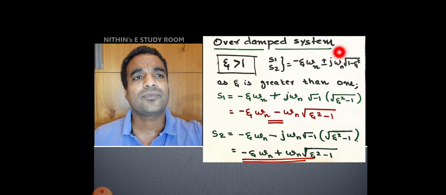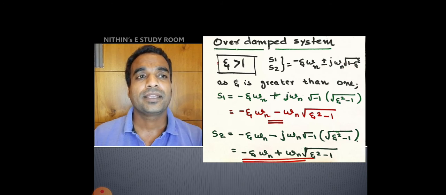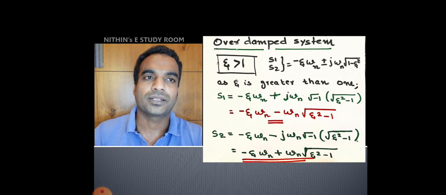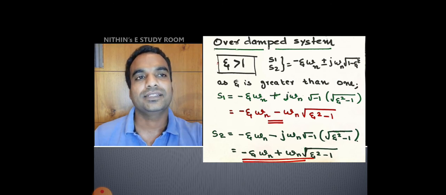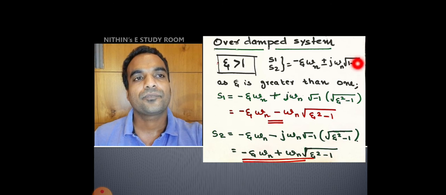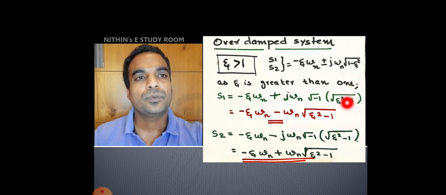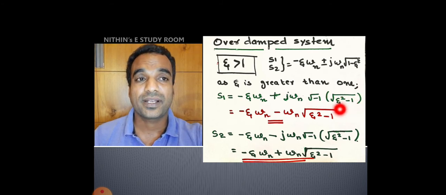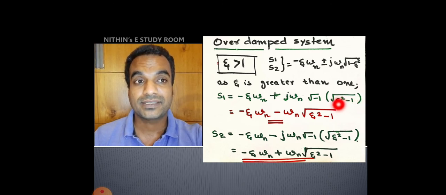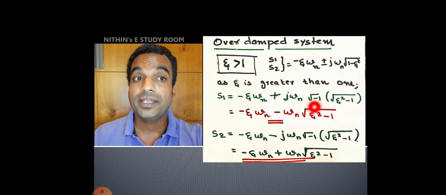But for the second term, what happened? Eta is greater, so eta square will be greater than the first term. So for the total term, if you do nothing, a negative sign will come outside. So for avoiding that, we are rearranging. We are taking a negative from this one. So minus root 1 should come outside, and the term is rearranged as eta squared minus 1. Now it is okay because the first term is greater and the second term is lesser. But you have to take minus 1 outside.